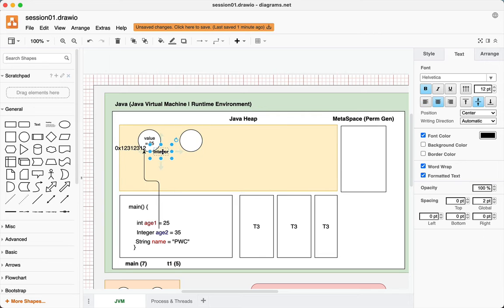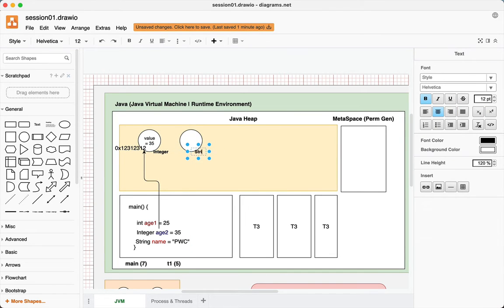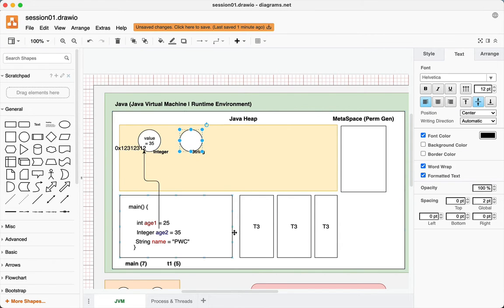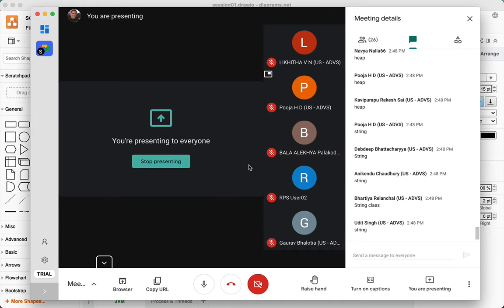So tell me, what is the data type of this object? This is an object of which class? It's an object of class String at maybe some memory address. And where is the value PWC? Tell me, friends. Yeah, it is there in heap. Of course, needless to say, a string is an object in heap, so the value PWC is within that object, but then